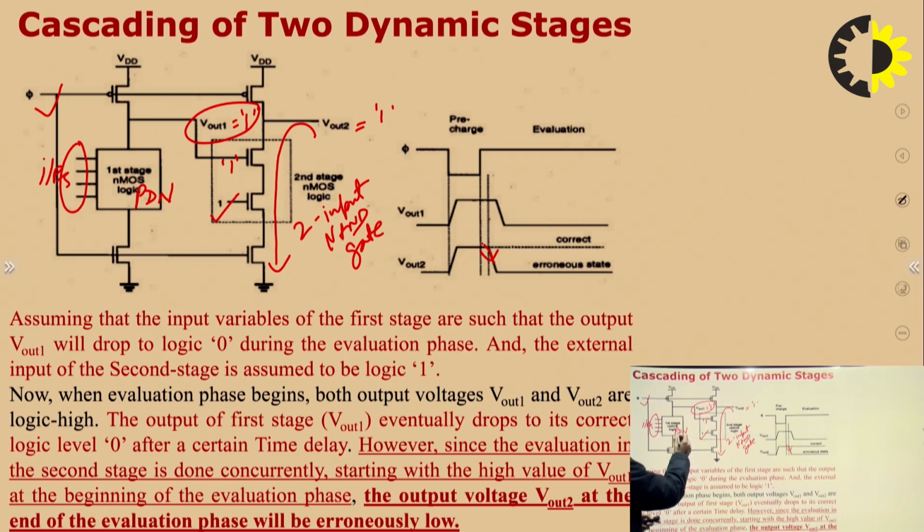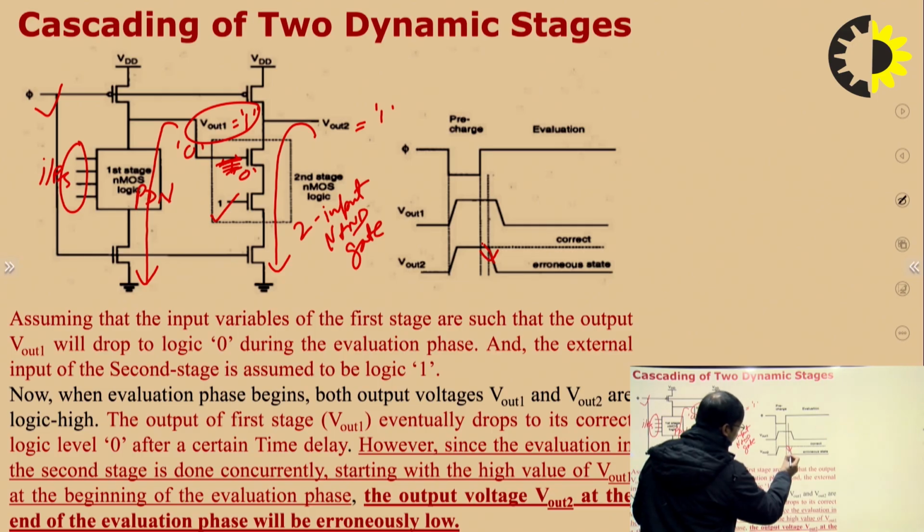If this pull down network conducts according to the inputs, Vout1 will discharge to logic 0 through this path. So it will change to logic 0, but it will take some finite amount of time for Vout1 to go from logic 1 to logic 0, and during that period